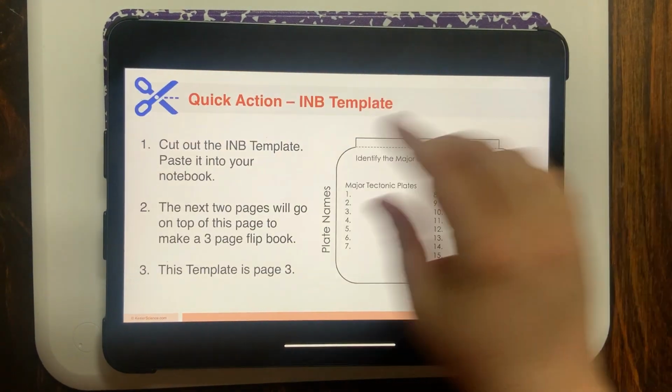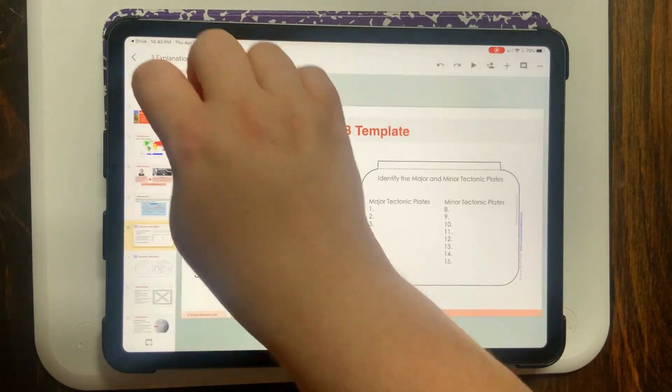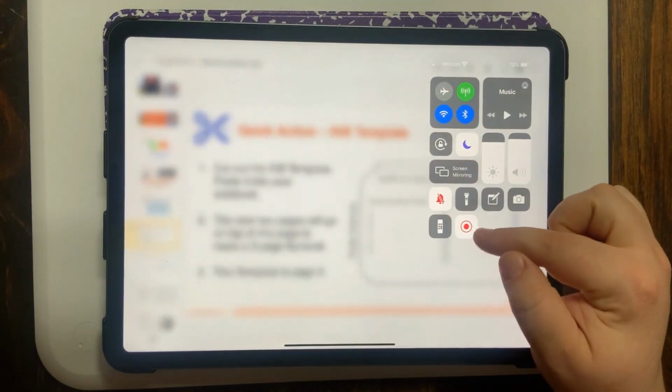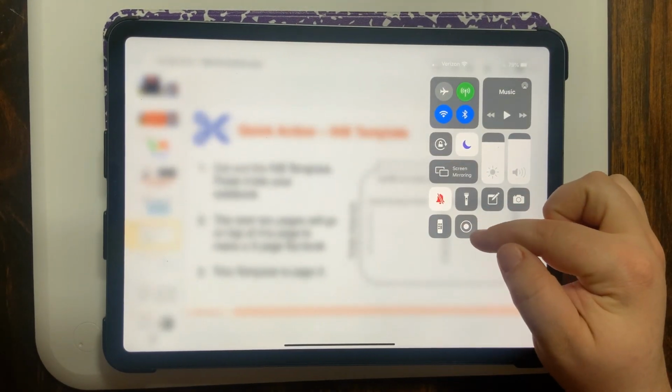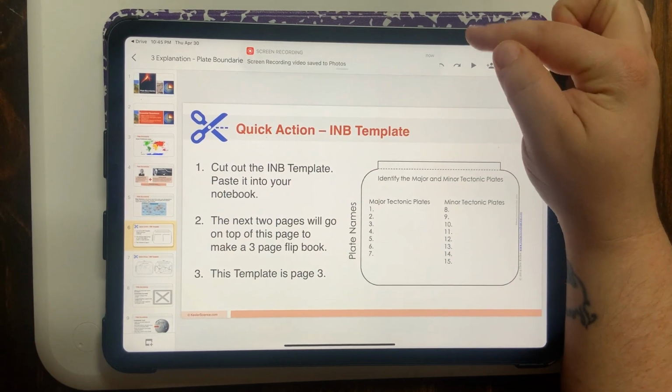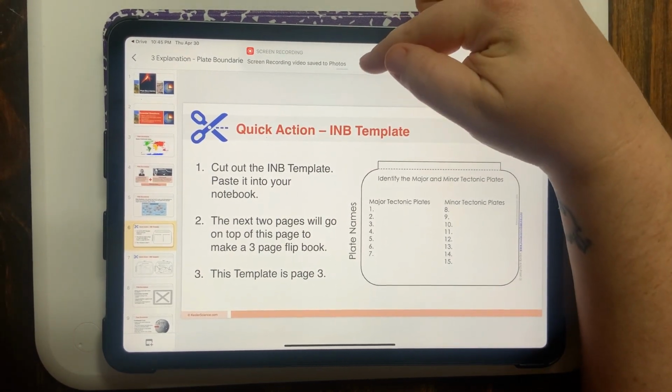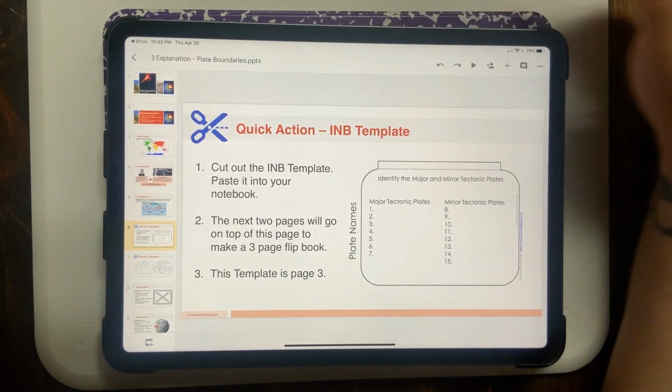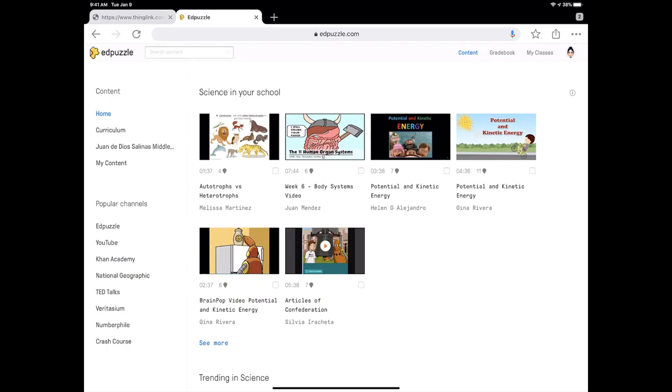Once we're done, we can just click the X button to stop, swipe down, and click the stop button, or up at the top where the recording is, we can stop it, and it's going to tell you automatically that it's been saved to your photos. And that's it. Alrighty guys, so we're here at the Edpuzzle homepage,